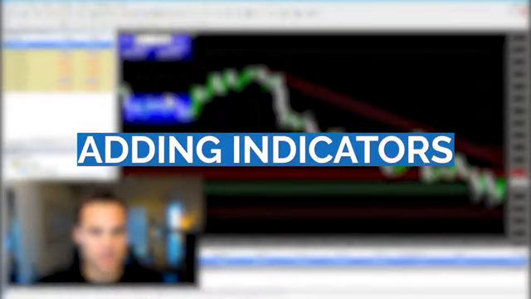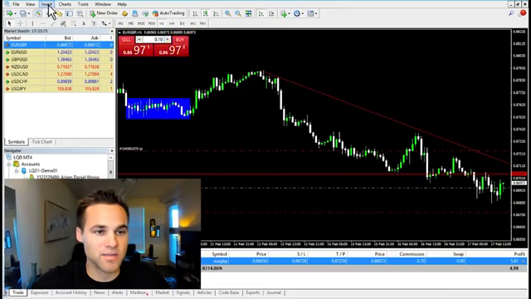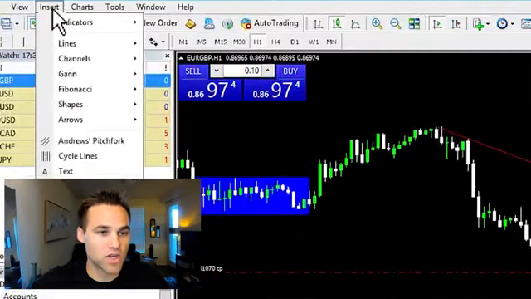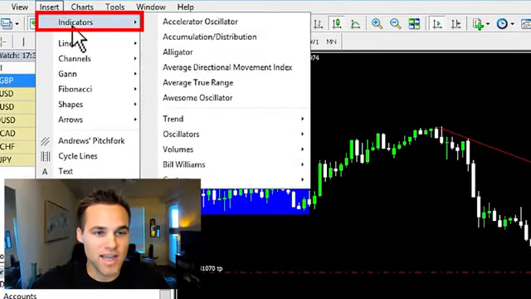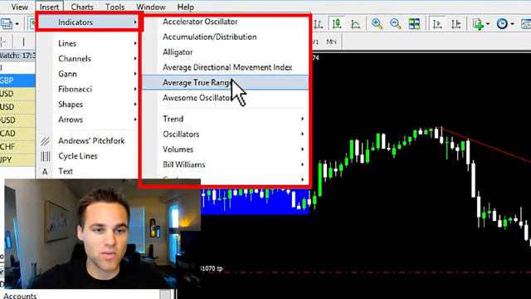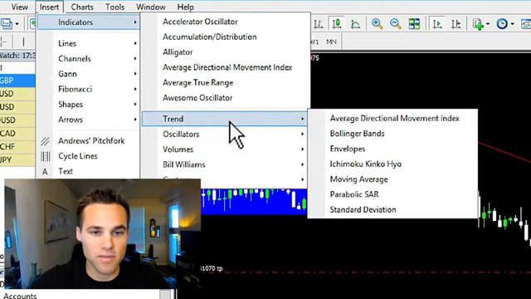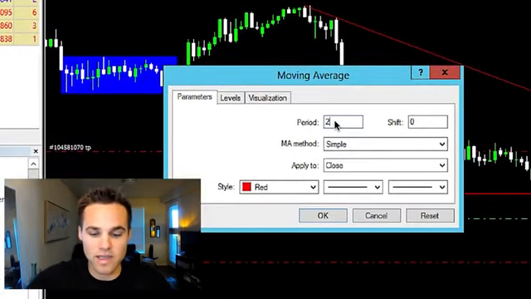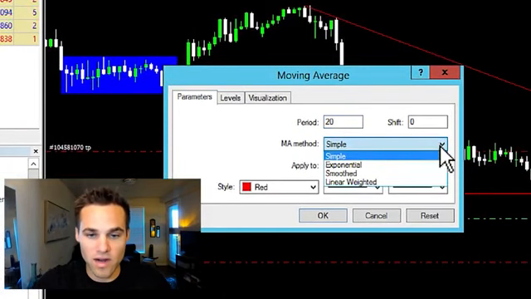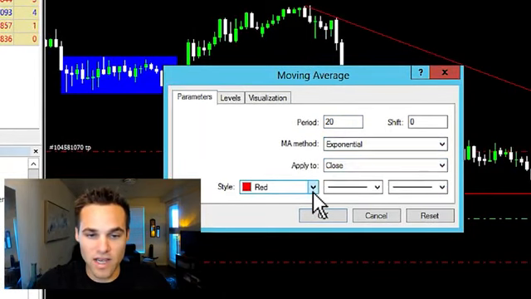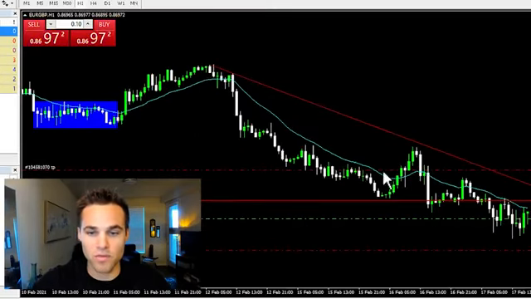The next thing that I'm going to show you is how to add common indicators. You can go to insert, indicators, and then decide whatever indicator you'd like to use. So maybe you'd like to use a moving average. You just go under trend and into moving average, and then you can select the period. Let's say I want a 20 period. Let's say I want an exponential moving average. And let's say I want this to show up as this aqua color here. Then you just click OK, and then boom, it'll draw it on the chart